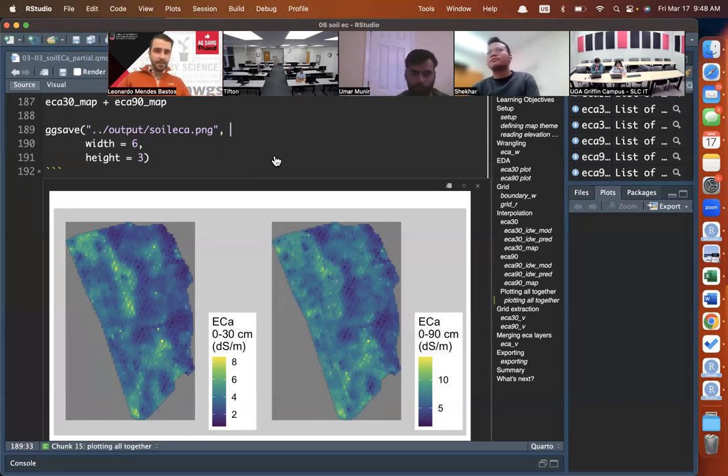Could we calculate, once we have our deep soil EC, using the 0 to 30, maybe taking out the 0 to 30 so that we could do 30 to 90? Like with the data we have, once we ran that. So